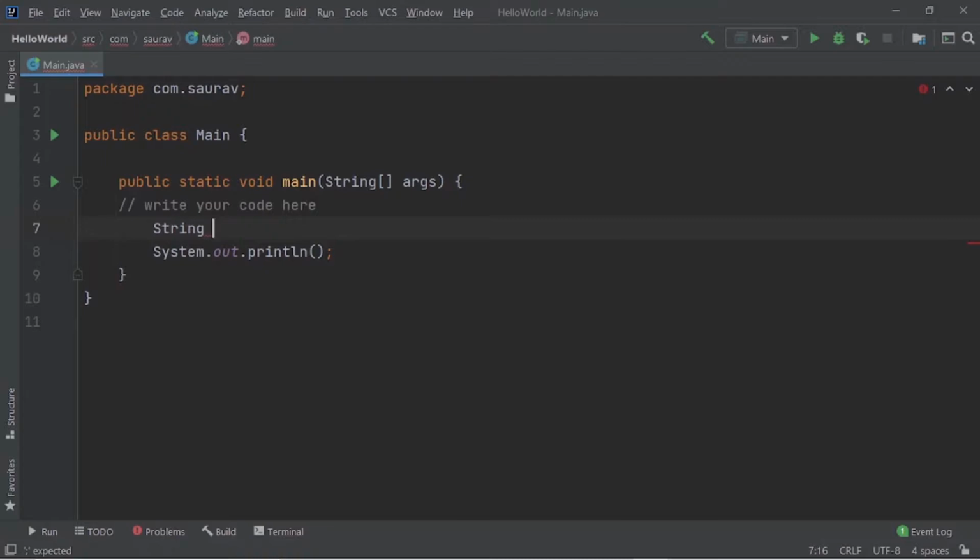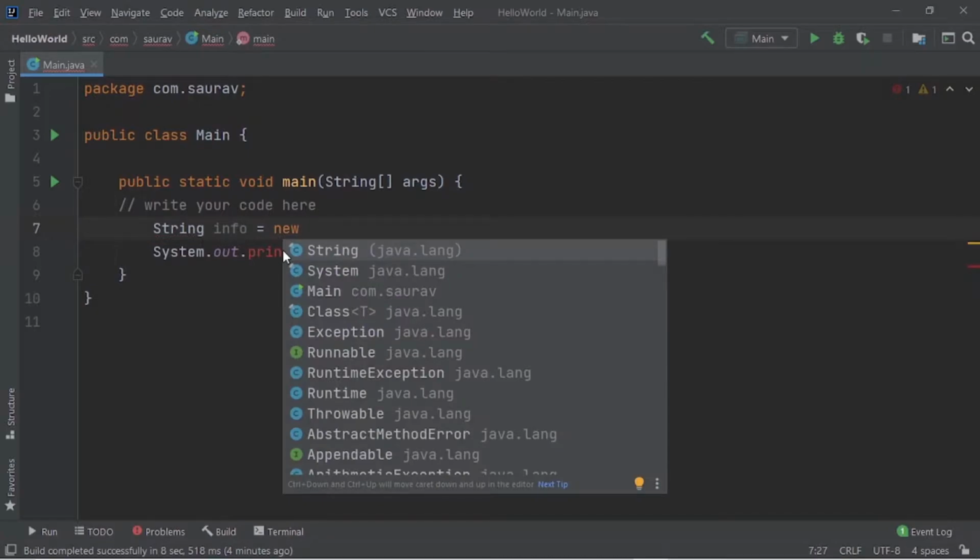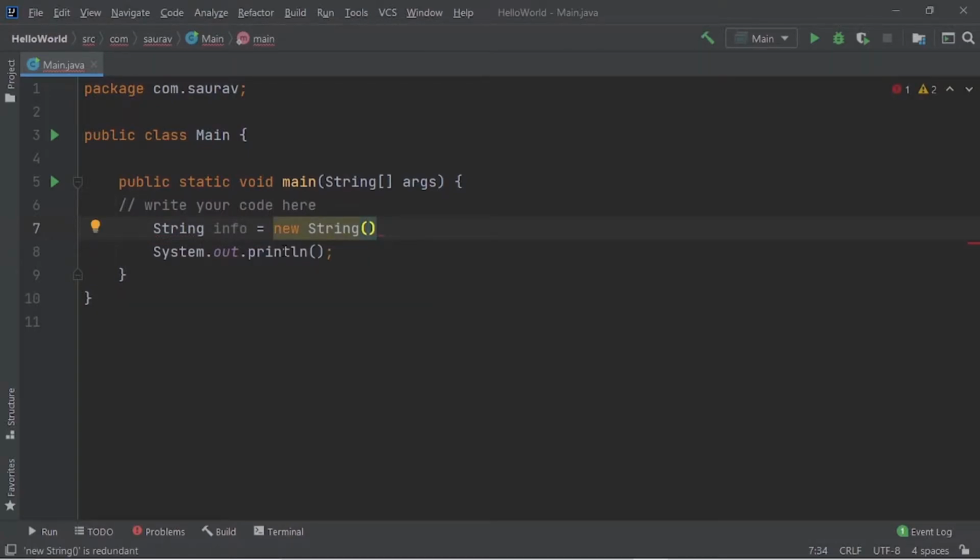After the space, I will create a variable, let the name be info, equal to, and as we know, we declare reference types with the help of the keyword new. So as soon as I type new, you can see I can give String, and inside this I can give the string which I want to save here. So let me paste the earlier thing, the name of our channel. This is done and I have to give the semicolon.